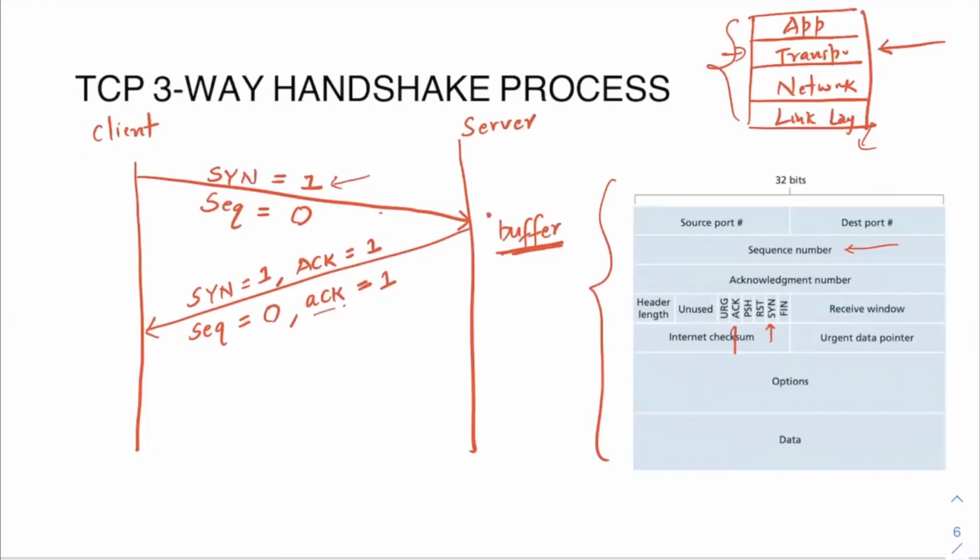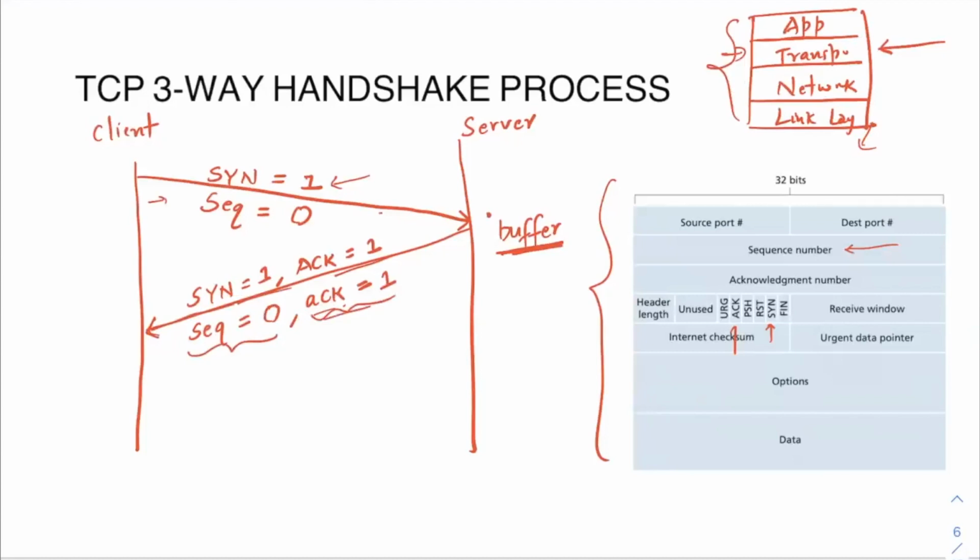And also, of course, as I told you, in the TCP three-way handshake, state variables are also initialized. The client has already initialized the sequence number to 0, and the server now has also initialized the sequence and acknowledgement number to some number. Now what will happen? The client will receive this packet from the server, that is the second packet, and it will see that the SYN flag is set to 1. That means the server is also agreeing on this connection. It will also see the ACK flag is set to 1. It will see that the server has sent its own sequence number, and it has also sent the acknowledgement number. That means it is acknowledging the first packet that the client has sent.